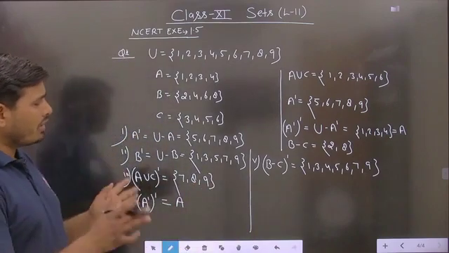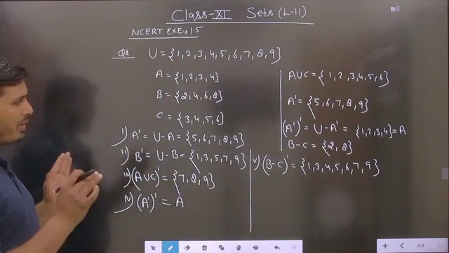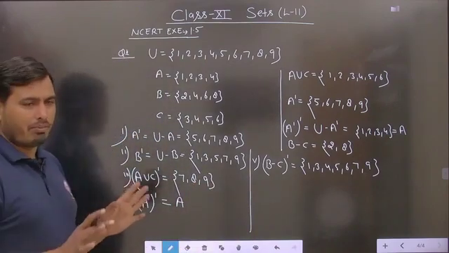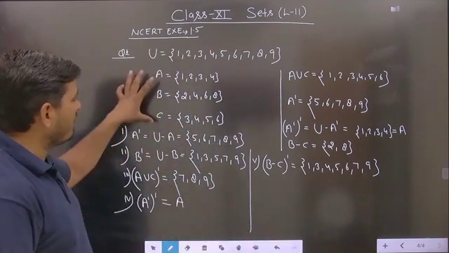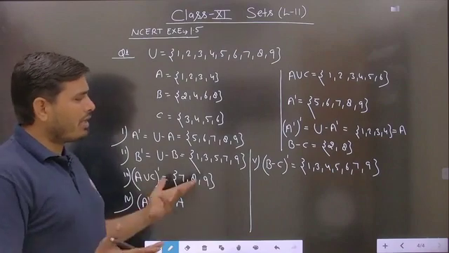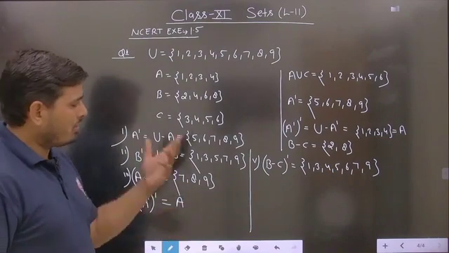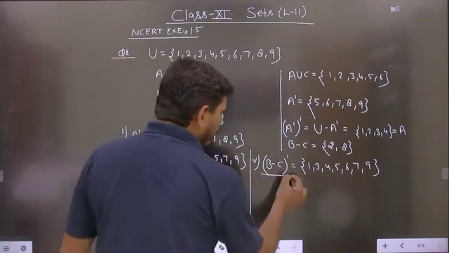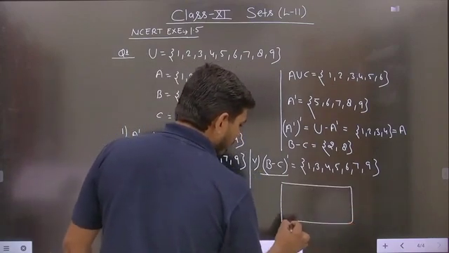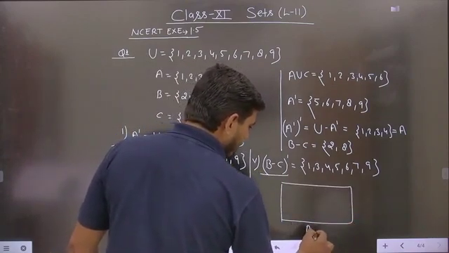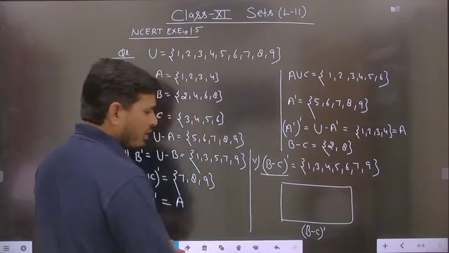Now, student, in the very first question, very simple things are asked, and a very simple type of universal set is given, as well as their subsets. You can also make Venn diagrams. Is it clear? Suppose I want to make the Venn diagram of (B minus C) whole dash. First of all, student, we have to plot the Venn diagram of B minus C whole dash.